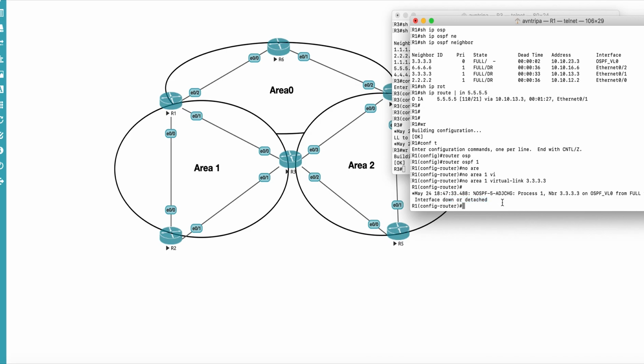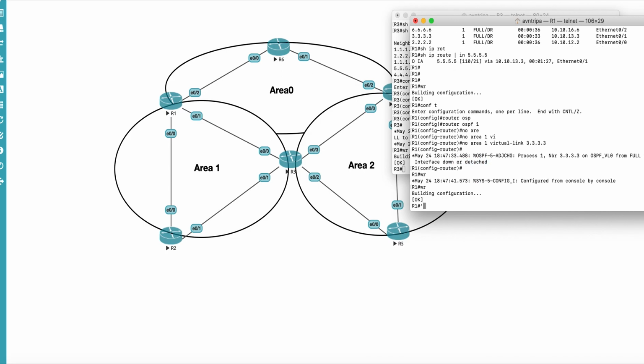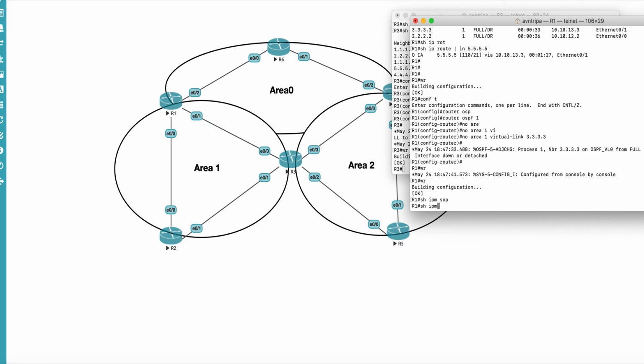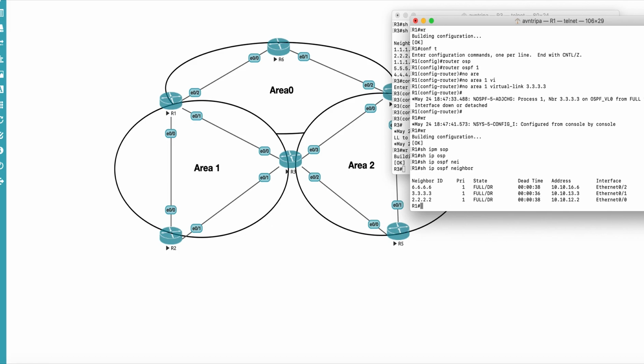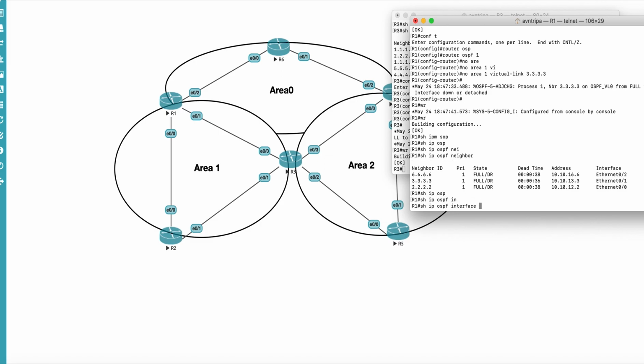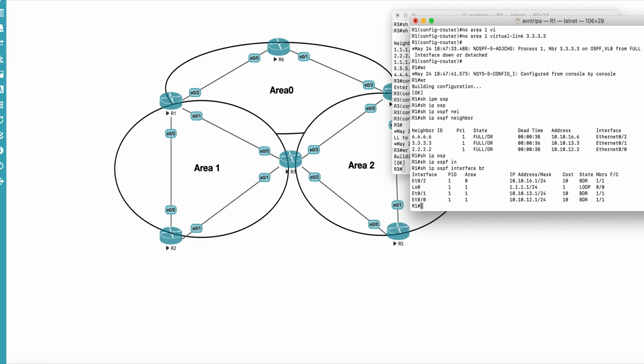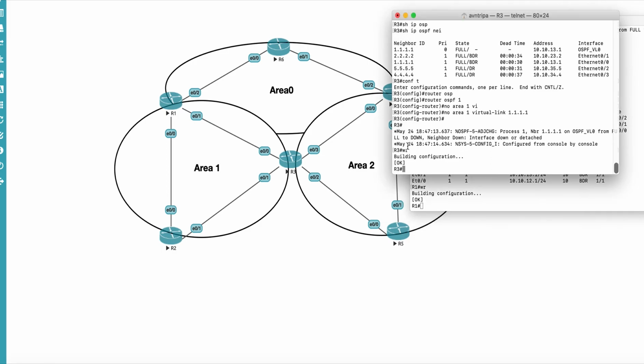So now check show IP OSPF neighbor. You can see there is no virtual link now, right? Show IP OSPF interface brief. No virtual link, right? So now go and check the same on R3 as well.